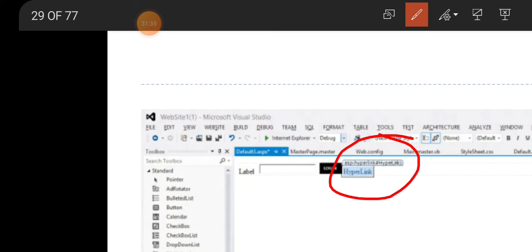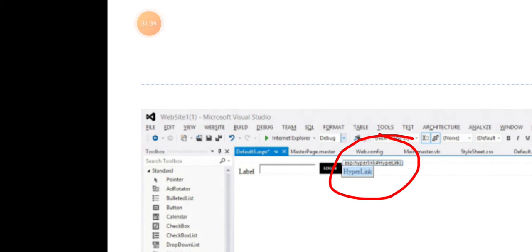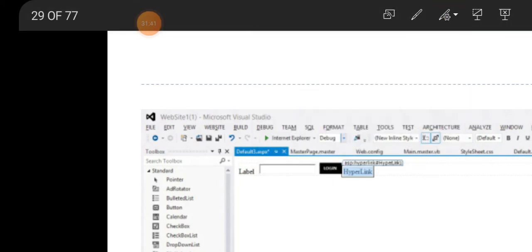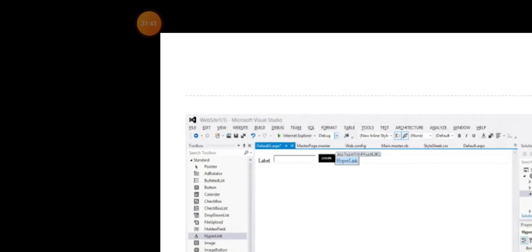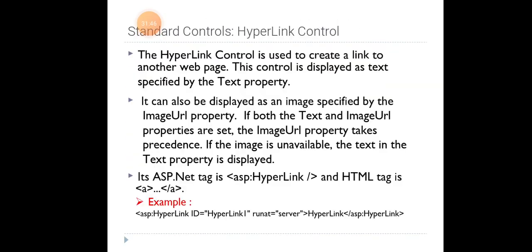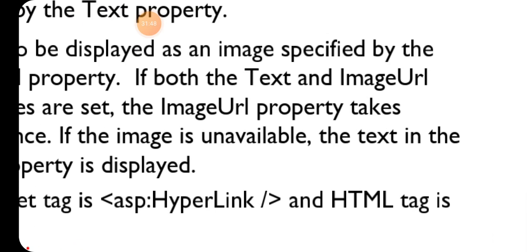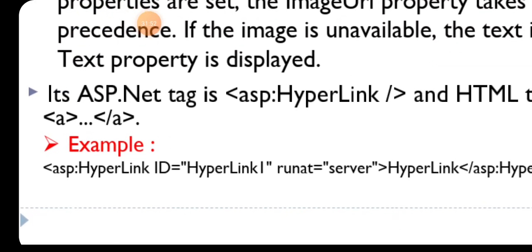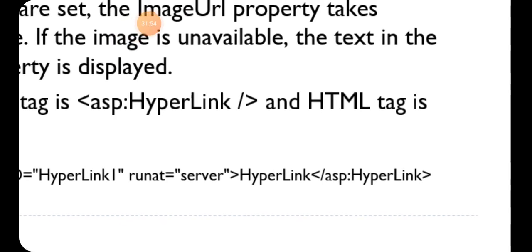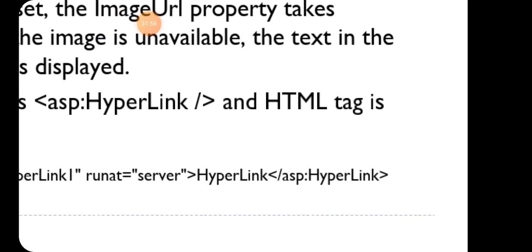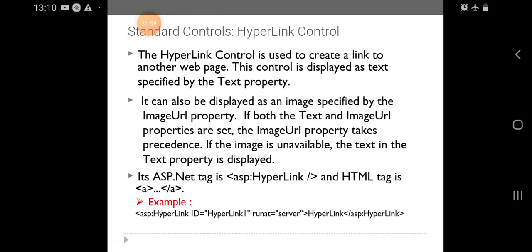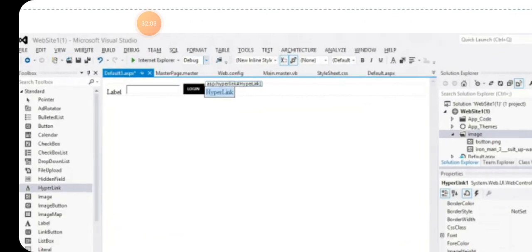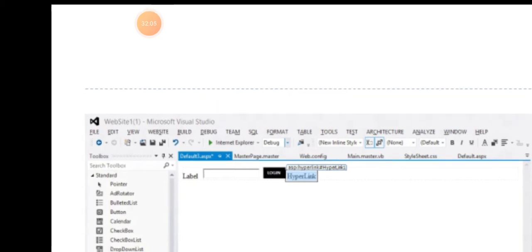While we are adding this hyperlink button, the source page will automatically create the source as this: ASP:hyperlink id equal to hyperlink 1, runat equal to server, and the hyperlink. Here we specify the hyperlink so that the message is displayed in the button as hyperlink.